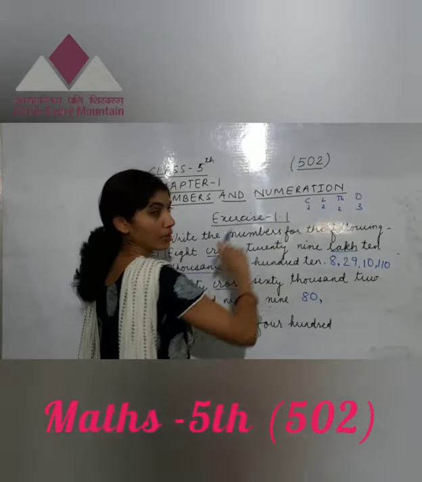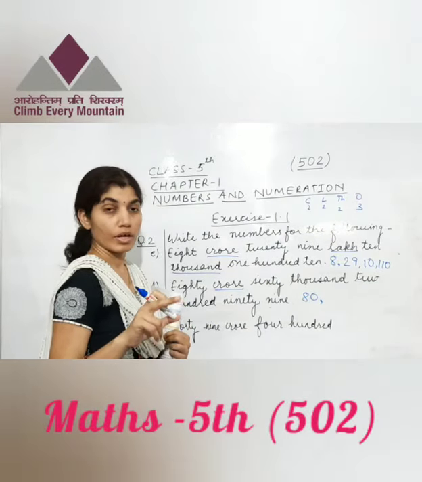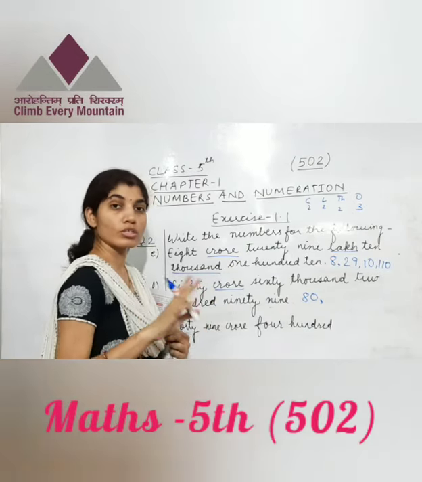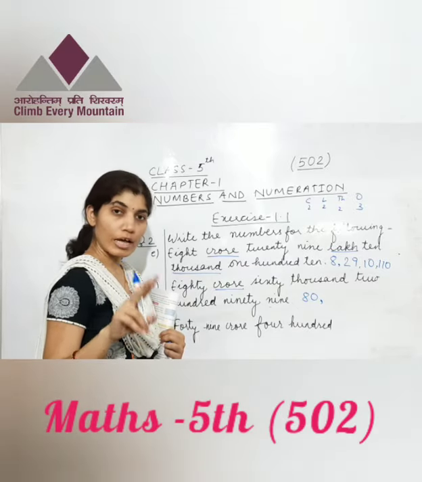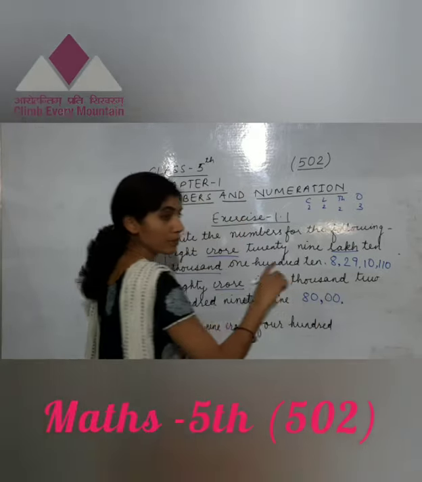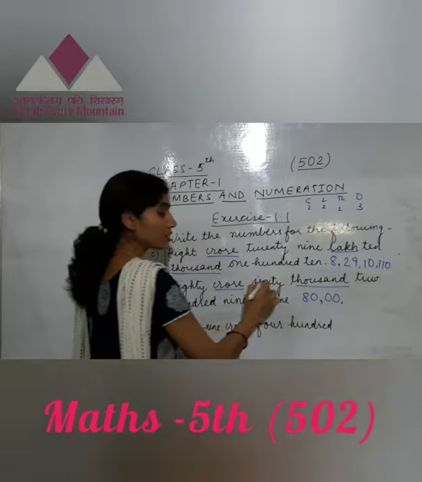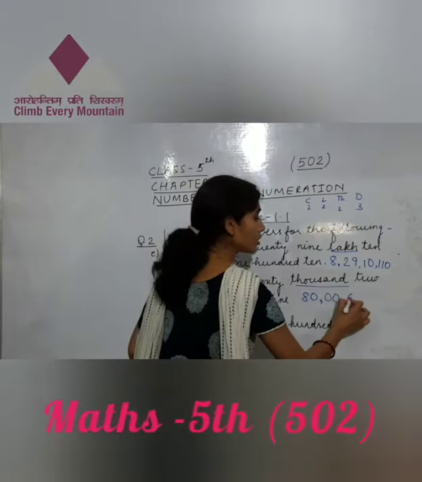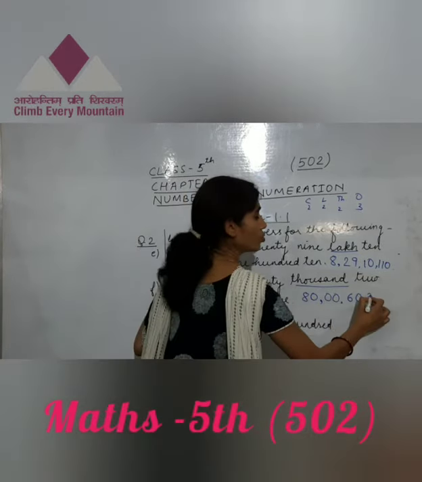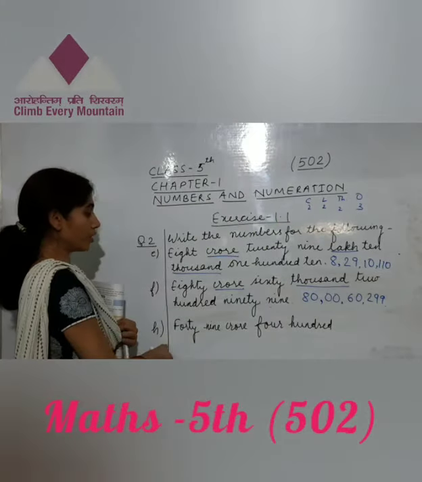Crores period and then lakhs period should come. But here in this number name lakhs period is not given. If not given, then we have to put 2 zeros here. Okay? If you don't put 2 zeros, the numeral is completely wrong. This is very important and this is the place where mistakes are committed. So 2 zeros. Then thousands period we have 60. 60 we will write. 2 digits are there. And then we have 299. So 299.